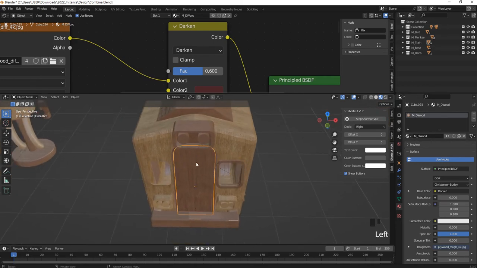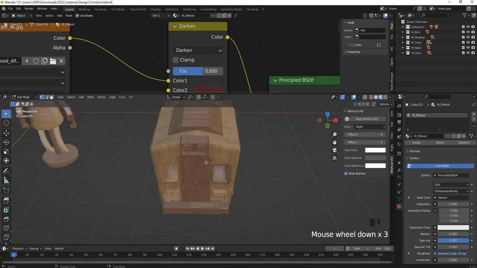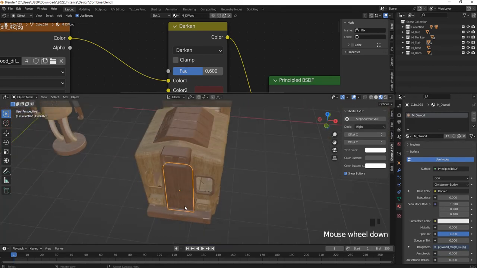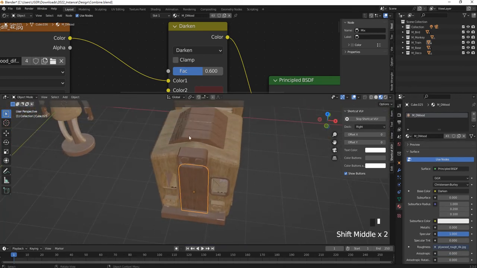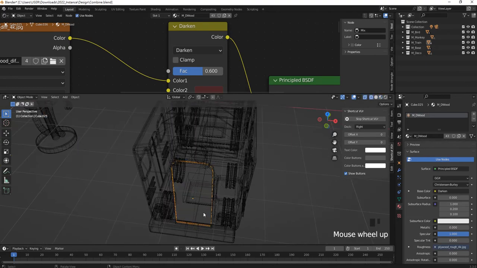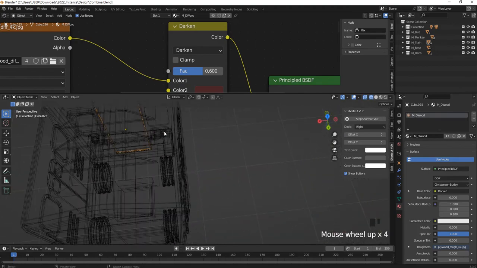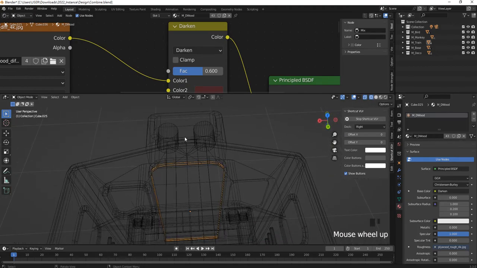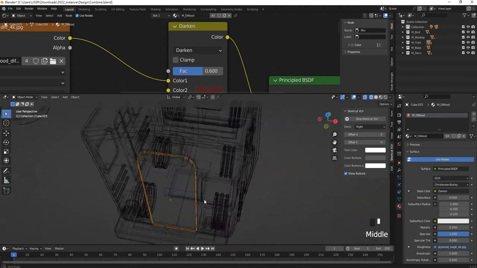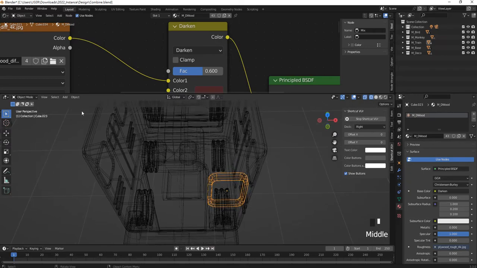So first thing, let's go to Tab key. First thing we have to find the middle line of this model. So let's go to wireframe mode and let's take a look. So probably the middle line we can choose in this one. We can choose in here. So let's do this. Choosing this model, we have to set the origin point to the middle. So